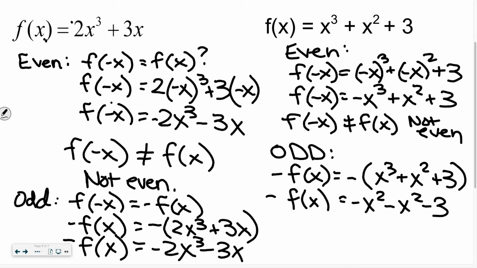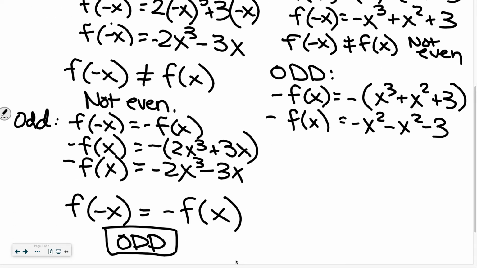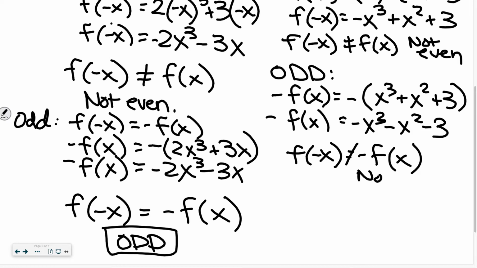Okay, for your odd test, I should see that you make the whole thing negative using your grouping symbols. You distribute your negative to all terms, so you get negative x cubed minus x squared minus 3. And then when you compare that to your f of negative x, those things are also not the same thing. So this is not odd, therefore our answer would be